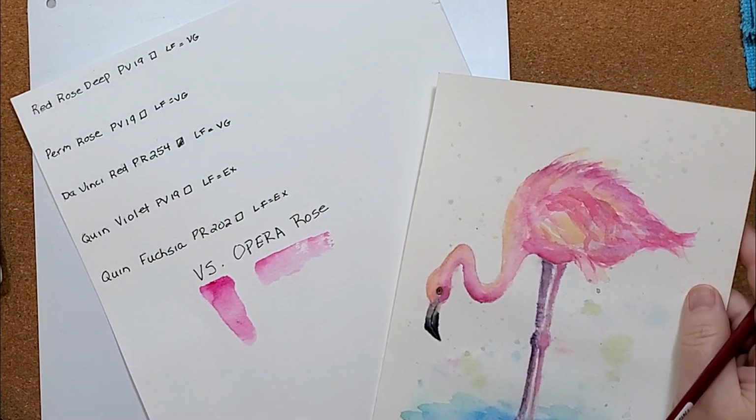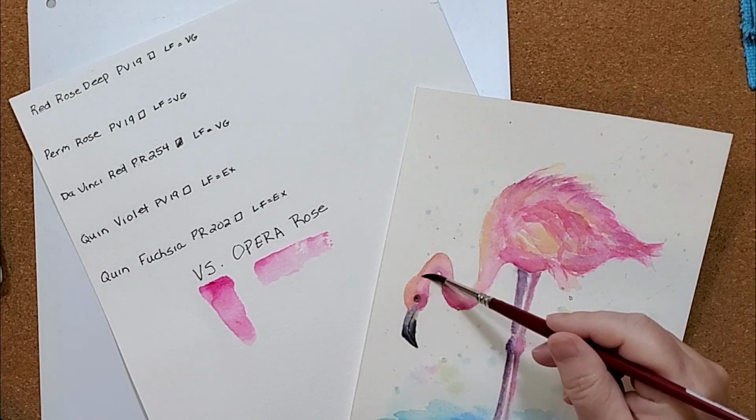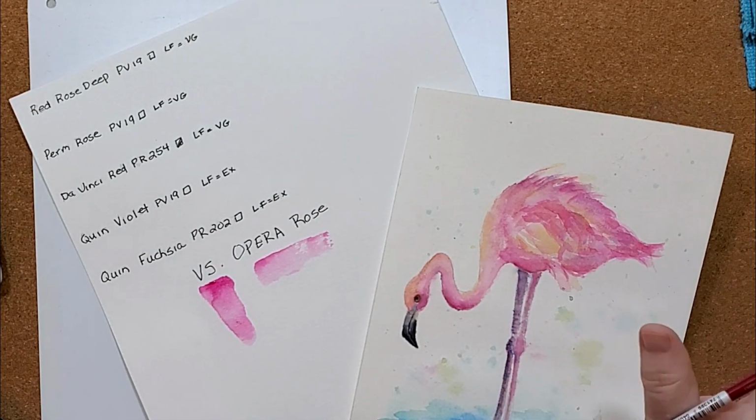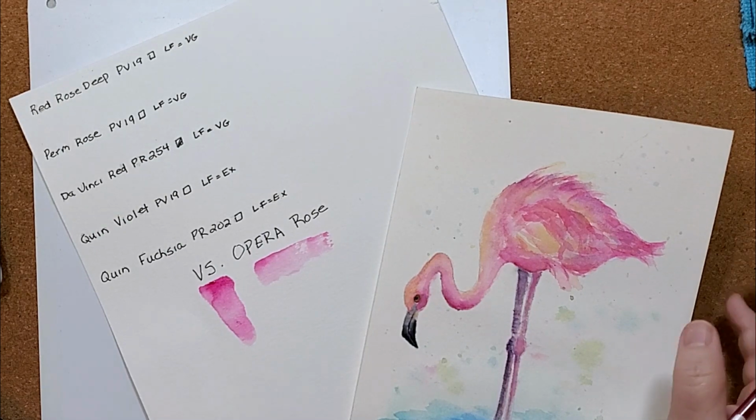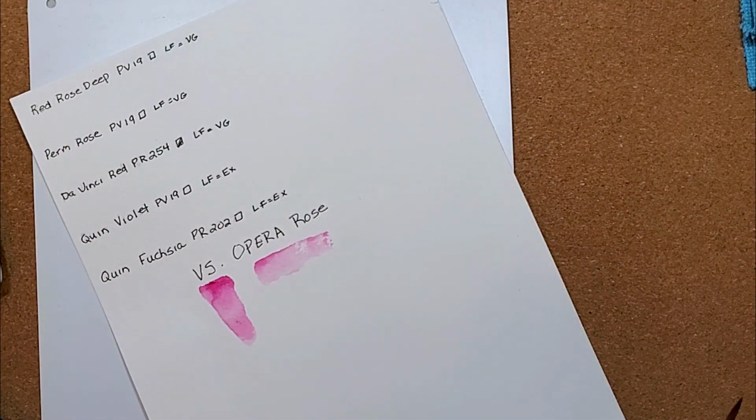It just makes a wonderful flamingo color. You mix a little yellow and it ends up being a really pretty kind of peachy tone. But being that it's not lightfast, I just don't feel like it's fair to my customers if they're paying for some art that's not going to last. So I'm going to